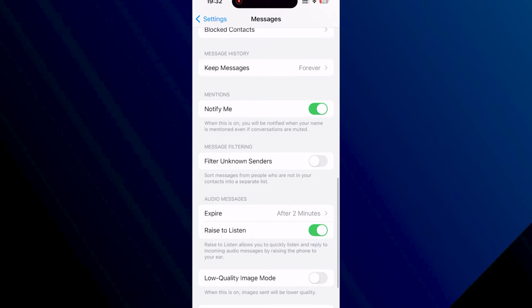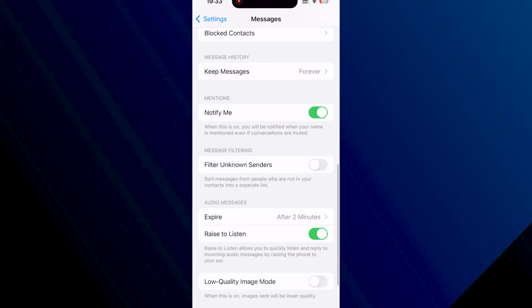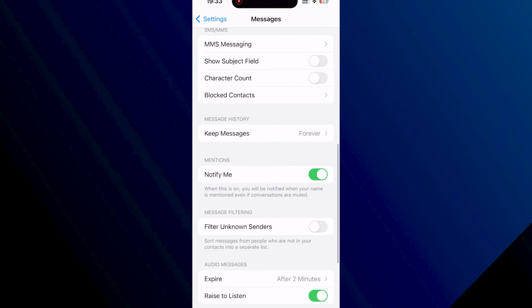Now it's very important that filter unknown senders is turned off. If you have this option enabled, then it could filter some of your messages including verification codes, which basically means you might not end up seeing them. So make sure this is switched off, and then we're going to scroll slightly back up the page over to